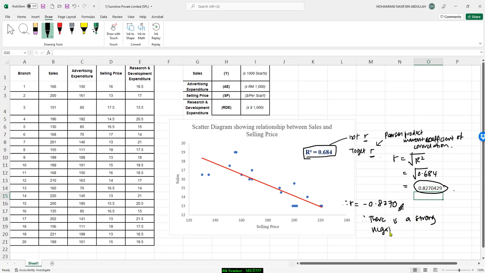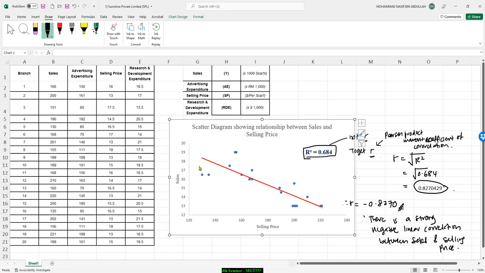negative correlation, negative linear correlation between sales and selling price. Boleh faham? Okay, so to get the R value, we just right click dekat sini, dekat trend line ni,